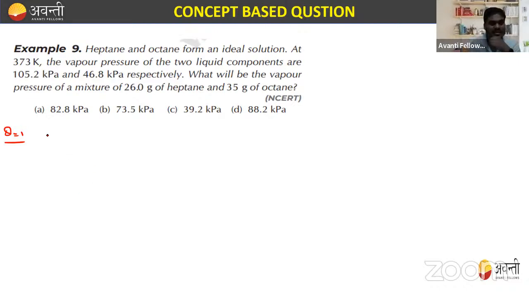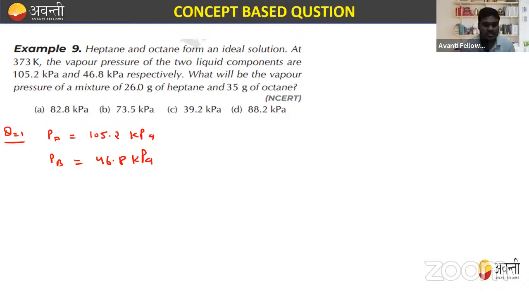PA is 105.2 kilopascal and PB is equal to 46.8 kilopascal. Okay. What will be the vapor pressure of a mixture of 26 gram of heptane and 35 gram